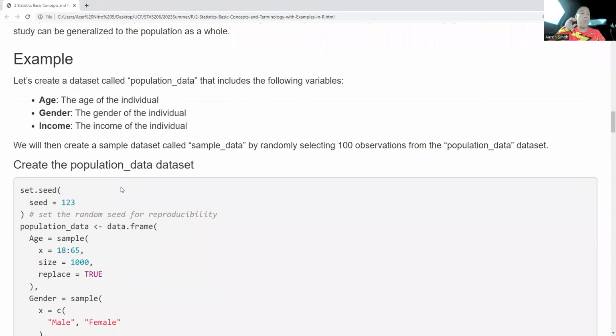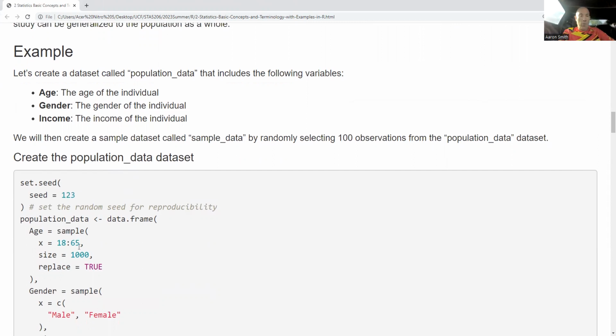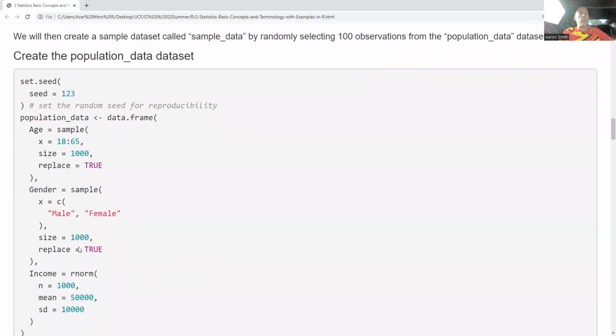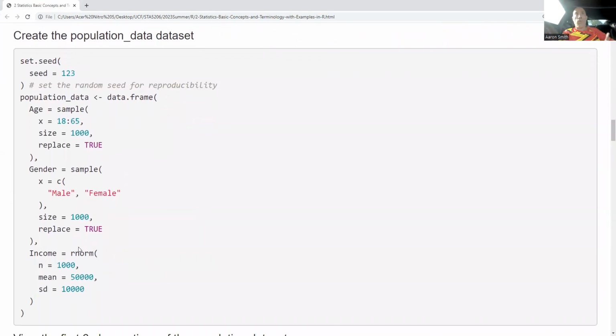So here is another example. So I'm going to create a data set, and we're going to call it population data. We're going to have age, gender, and income. All right, so we're going to simulate this. We're going to go through, and I'm going to pretend that there are 1,000 individuals that I'm interested in knowing something about. So I'm using the computer to generate numbers. I'm using a random number generator, and I'm going to kind of flesh out, give a hard example of what I'm doing